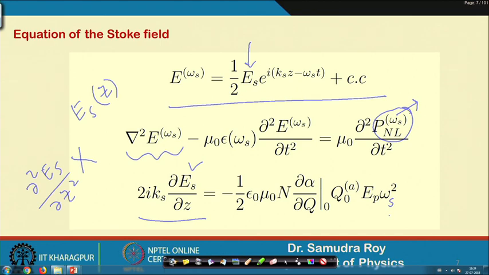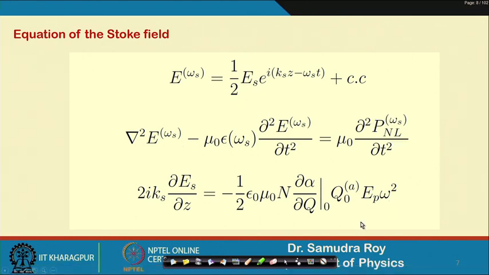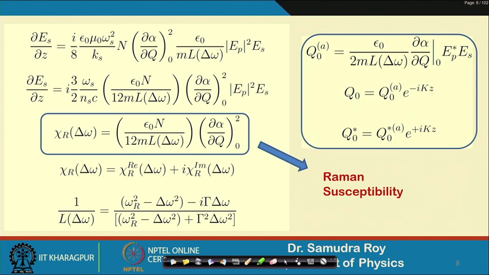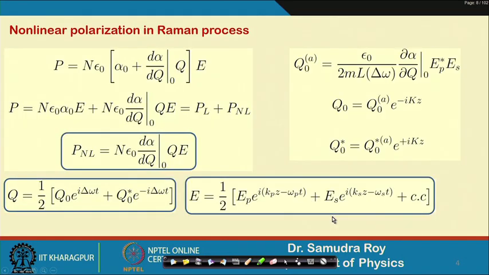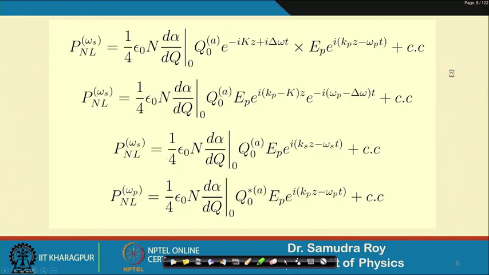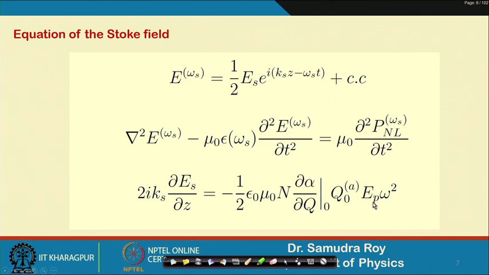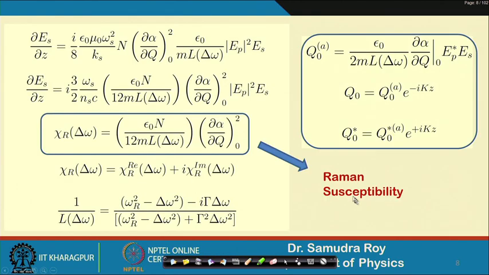So I need to make some sort of simplification. How do I do the simplification? Just replace q 0 a, because the value of q 0 a is somewhere here, this is the amplitude q 0 a. When you put this q 0 a, we have E p star E s here. So I just replace this q 0 a here, so that this term becomes E p multiplied by E p star, there should be one mod of E p and one E s term. So here you can see I have E p mod square multiplied by E s.